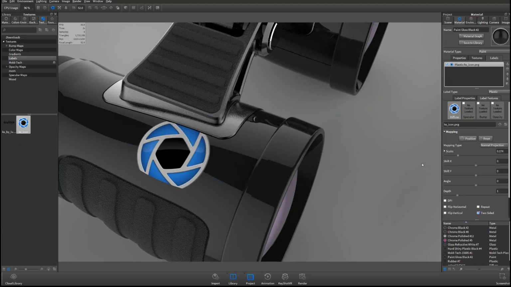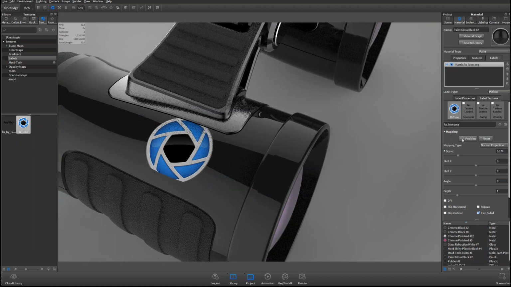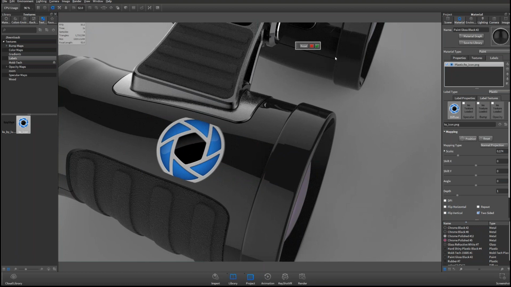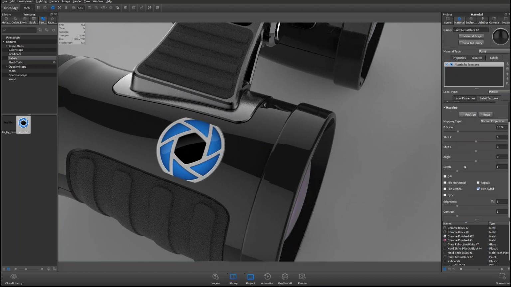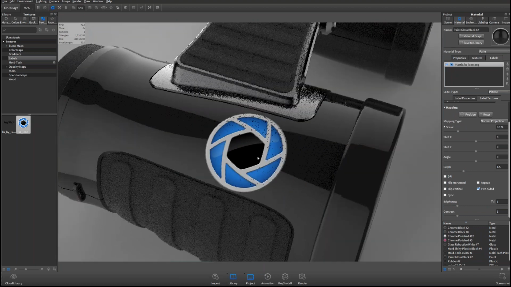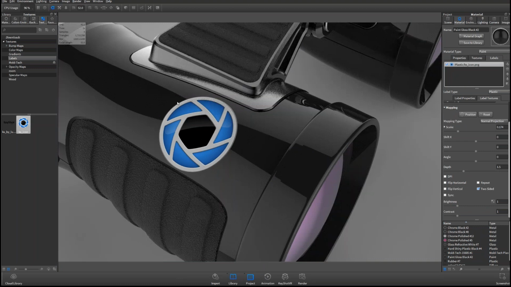So if your workflow is heavily dependent on labels, and you ever see this clipping popping up, what you can do is, down here, there's a slider for depth. This controls how far into the surface that label is projecting. So I'm just controlling that depth, and now when I make it project farther onto the surface, I get rid of the clipping.